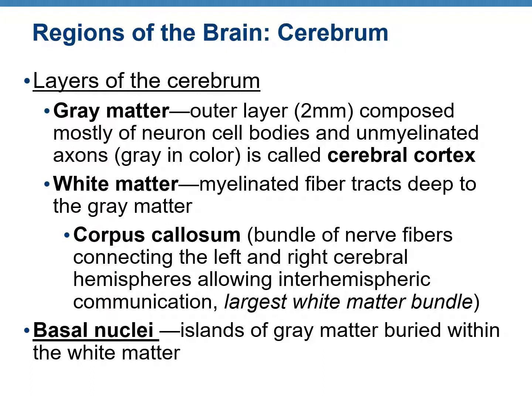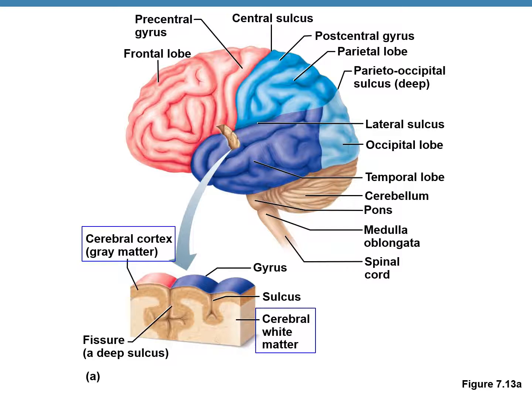However, the gray matter isn't confined to the cerebral cortex only. There are clusters of cell bodies called nuclei which are found throughout the white matter of the cerebrum. An important group of nuclei, the basal nuclei, monitors voluntary motor functions. The neurons of these nuclei are connected to other parts of the nervous system by various tracts of cerebral white matter. This figure points out the cerebral cortex containing the gray matter and then the white matter deep inside.